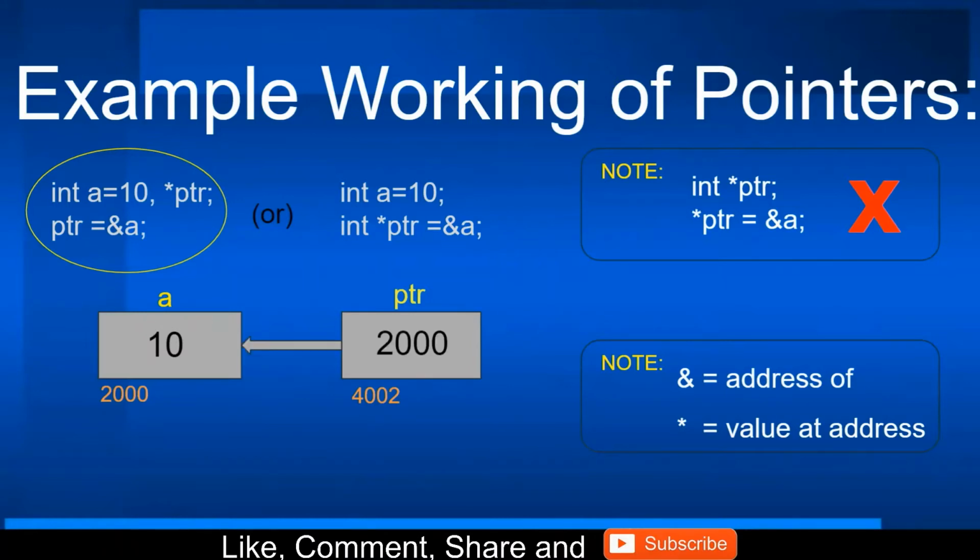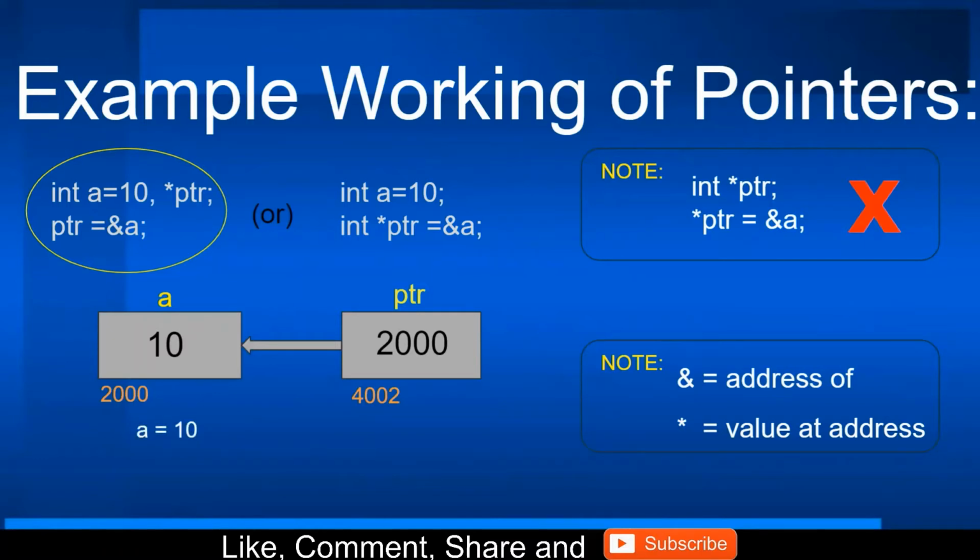When the second line of the highlighted example is executed by the compiler, look at the highlighted note. As you can see, ampersand says address of. So as per the second line of the example, the address of variable A is stored in pointer variable PTR. Hence, PTR variable points to variable A.